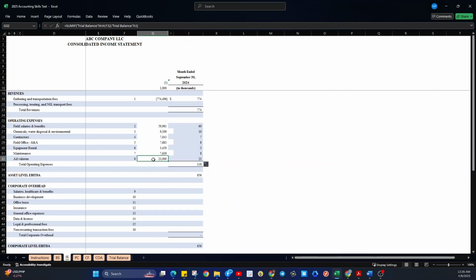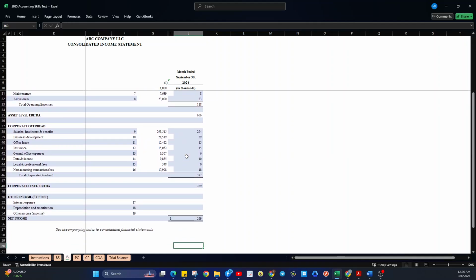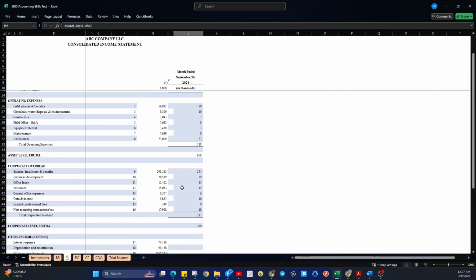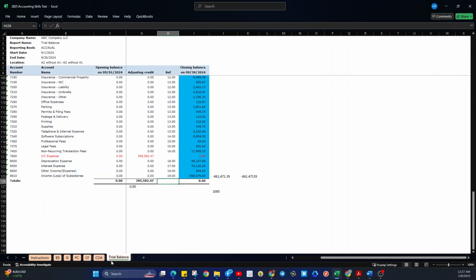Alright, then copy this one. And then copy this one. Then copy this one. This one, alright. So if we will look in the trial balance, the should-be net income is 661.